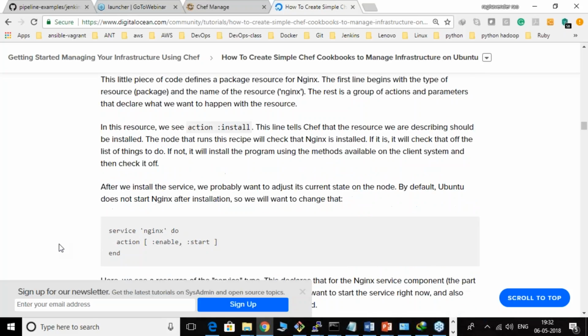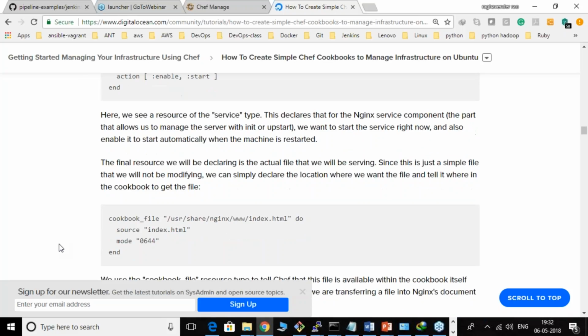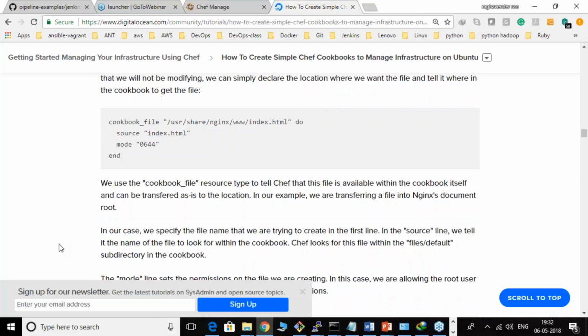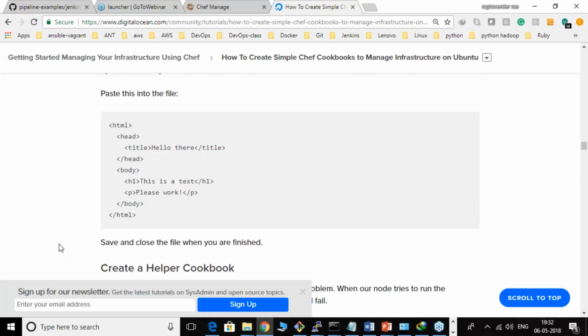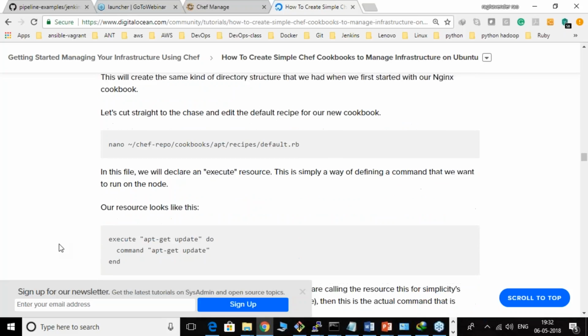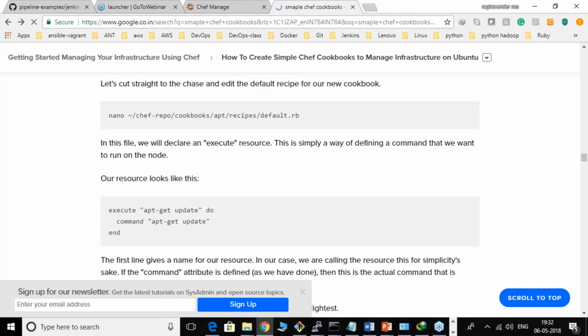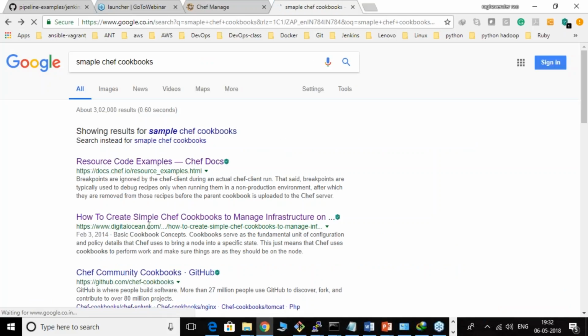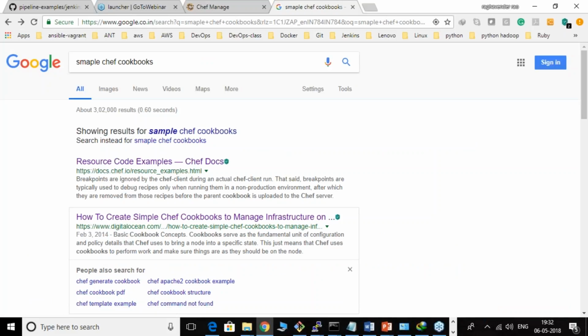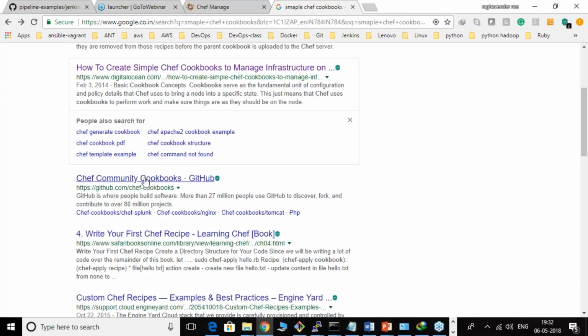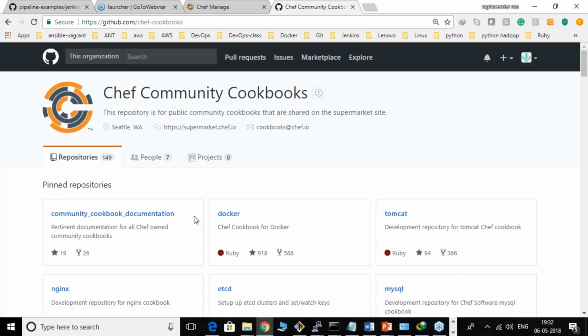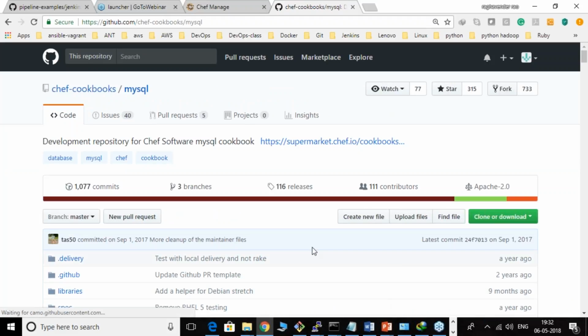Let us say Nginx gets installed, Nginx is started and enabled, and you update index.html. Those are all the things that are done, right? Collecting all these things is a bit difficult, so we'll take a simple example. Let us say you all know MySQL, right? If you want to install MySQL,